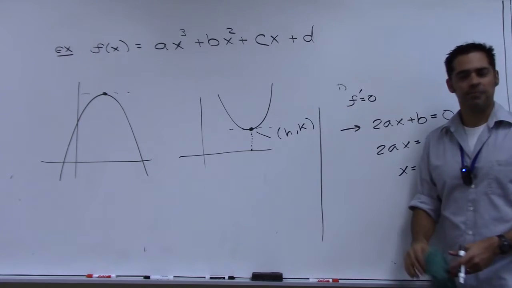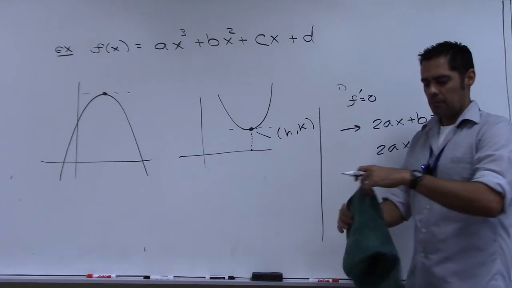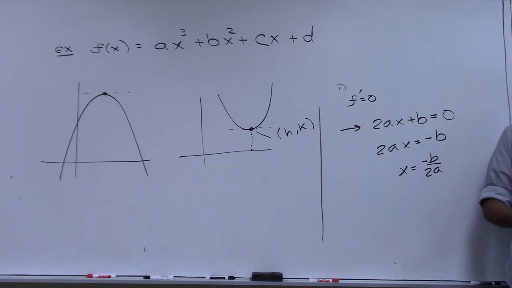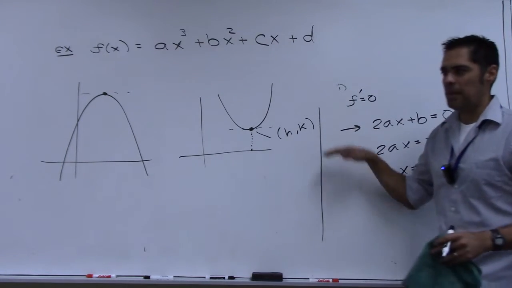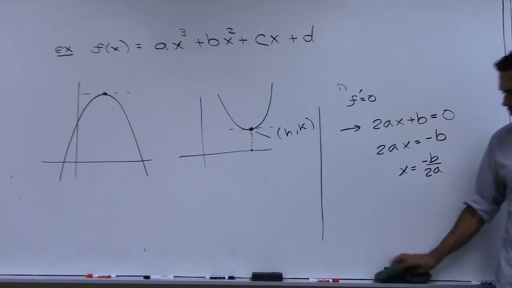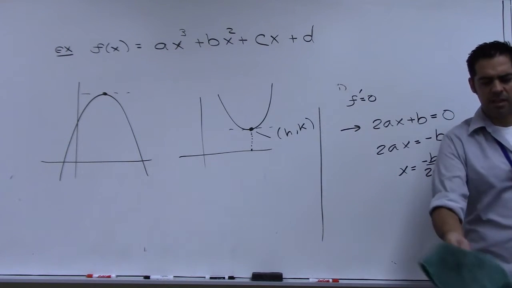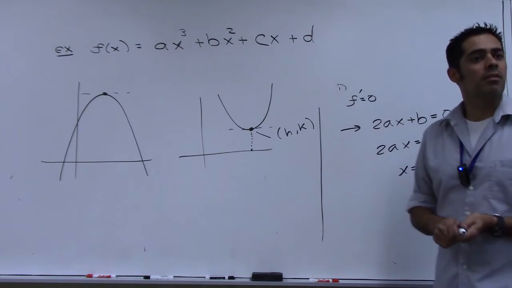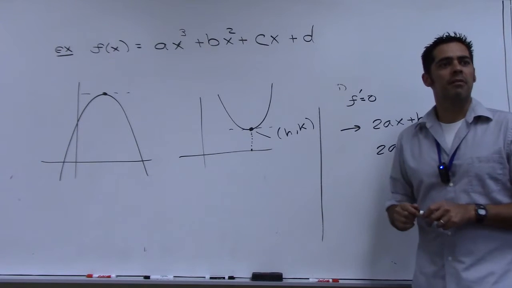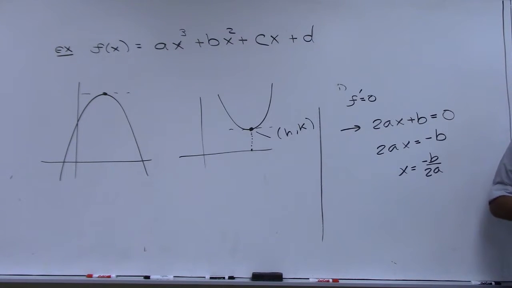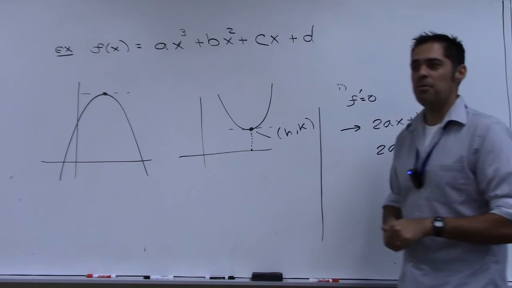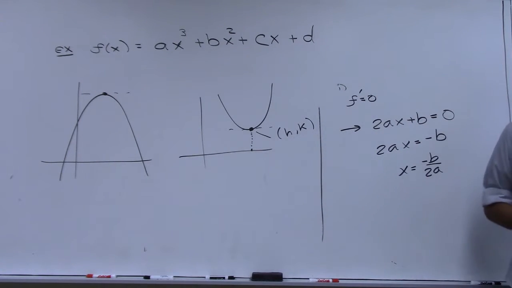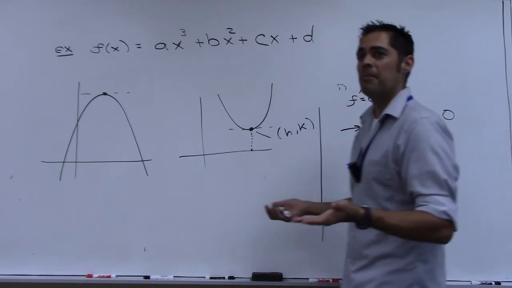What do you think? There is. It's ugly. It's about a page, like half a page long. Yeah, it's not pretty. What about a 4th degree? What do you think? You think there's an equation? There is. It's very long. It's, I think, like a page and a half, 2 pages long. It's ugly. 5th degree, what do you think?